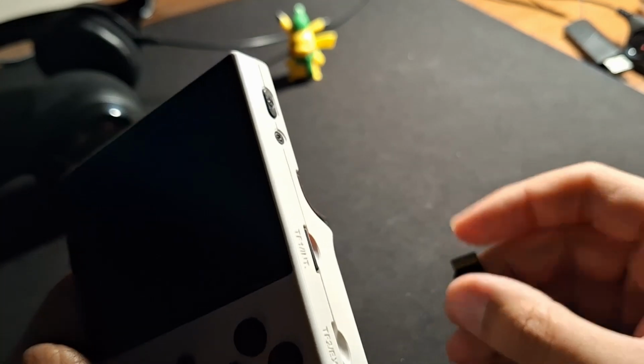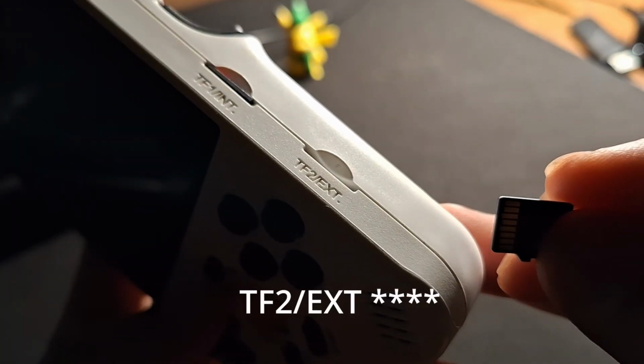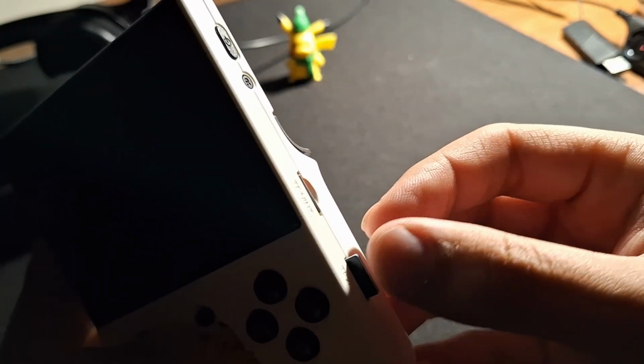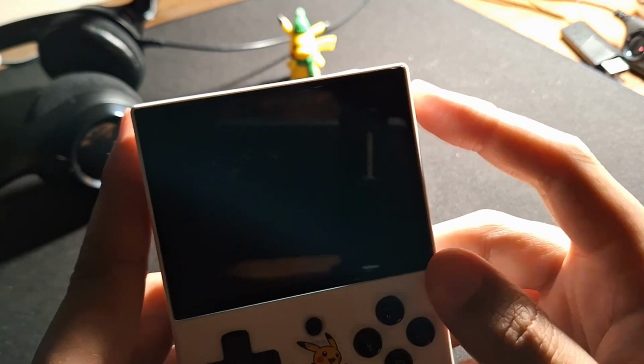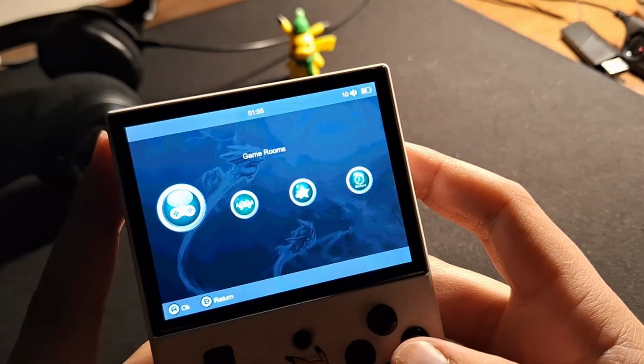Okay, and the second one, same thing. You're going to put this one on the bottom into TF1 external. This is where your games will go. Okay, and now you want to power this thing on. Okay, and once you got this powered on, you'll notice this is going to be empty,